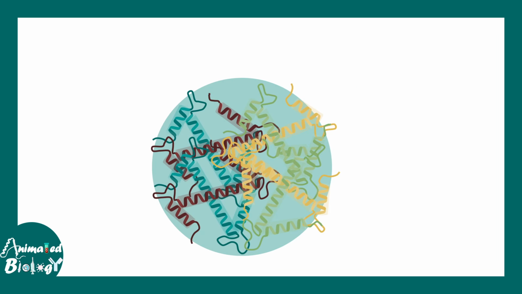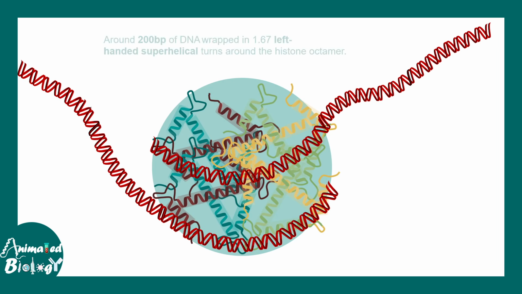This core histone octamer is wrapped around by DNA, and it's basically wrapped by 200 base pair length of DNA, which is 1.67 left-handed superhelical turns. So basically this length is different in context of how the DNA is digested, but this is a ballpark estimate, 200 base pairs. Now the thing is, the DNA has phosphate backbone, so phosphate group has negative charge,